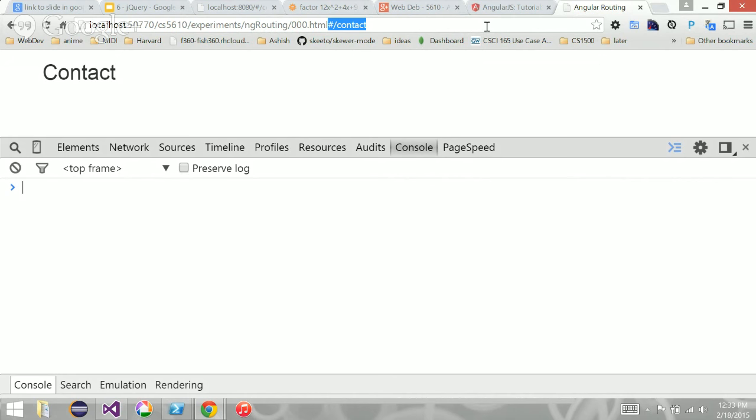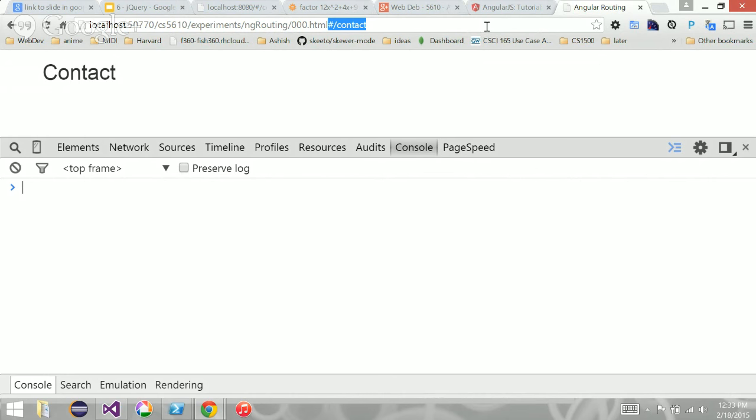If it changes, you can then parse it and say, what is the hash? And so Angular uses this mechanism to be able to navigate between different templates. So now we have successfully split our large website into several templates that can be loaded dynamically.